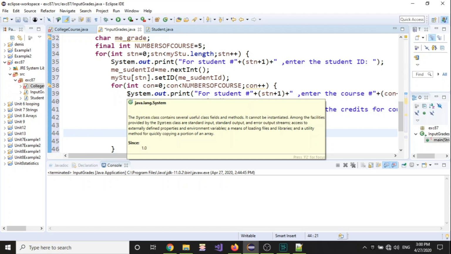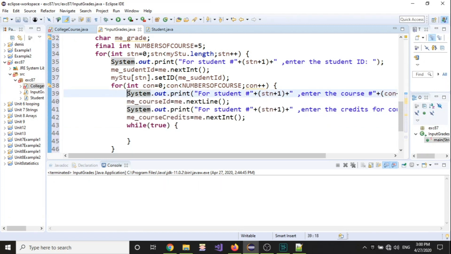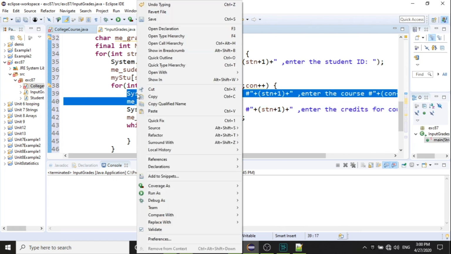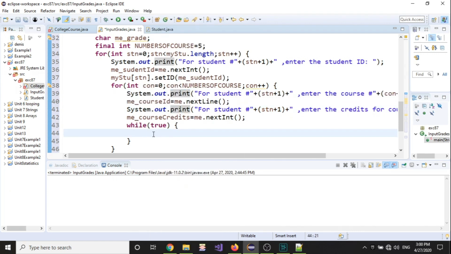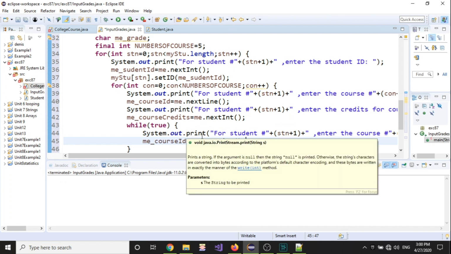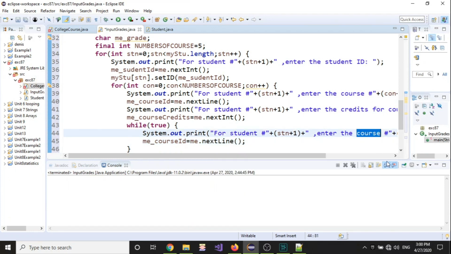Yep, I know now. I'll just copy this. Next, it's going to be next, but next, not next. Now, let's just copy this and put it here. So, while true, what I'm going to do, for the student number, enter the grade instead of course. Enter the,